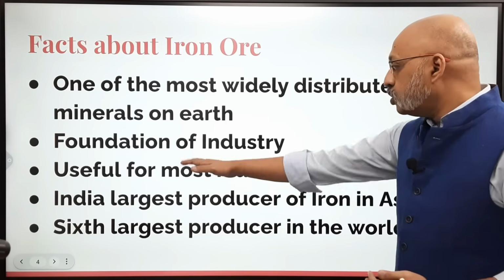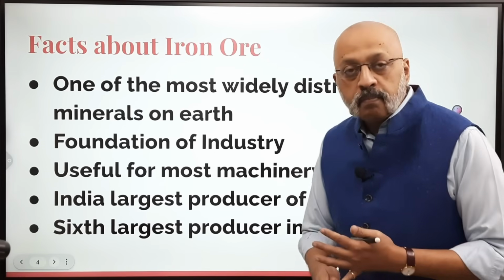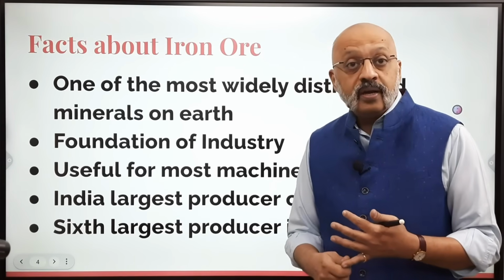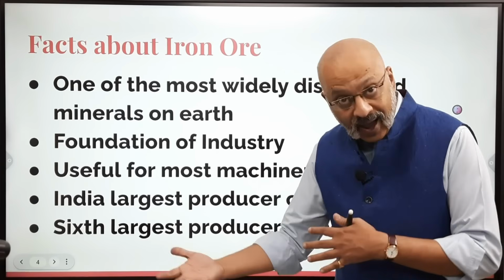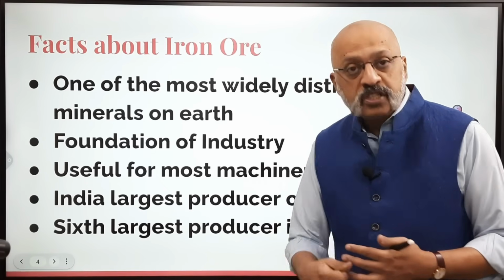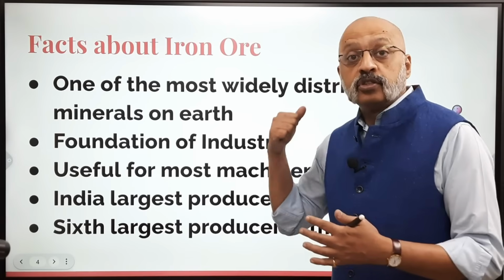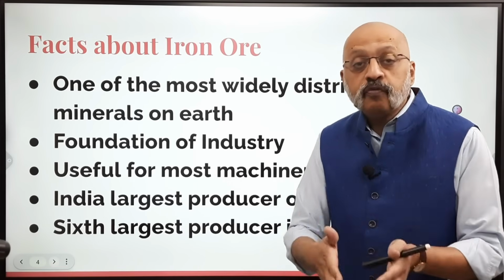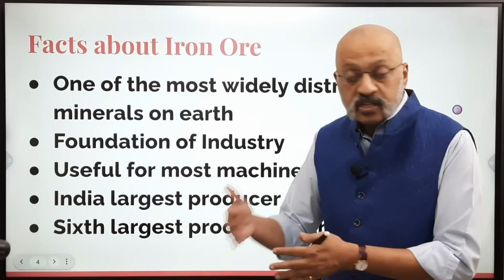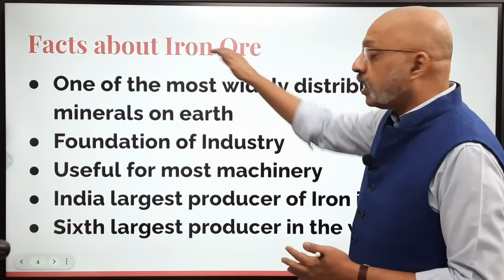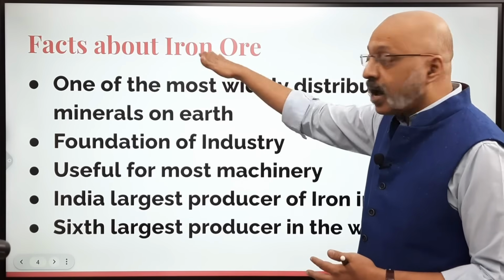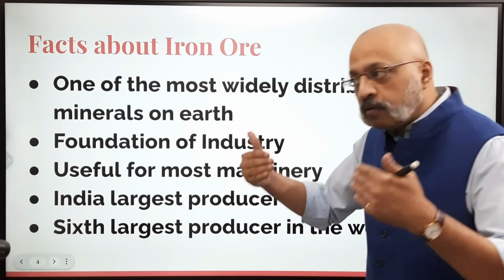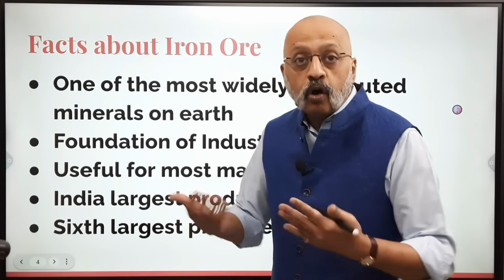It is useful for most machinery, because all machinery largely is made of iron and steel. Transport system, construction of dams, automobiles, bridges, railways, everywhere you find iron and steel being used. And where does it come from? It comes from iron ore. So that's why iron ore becomes so important for the overall development of a community,